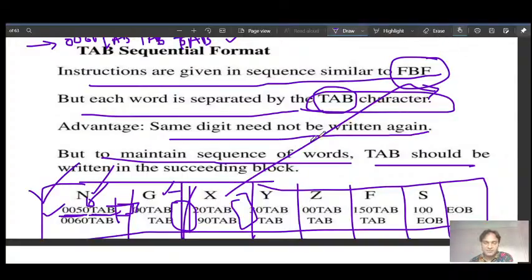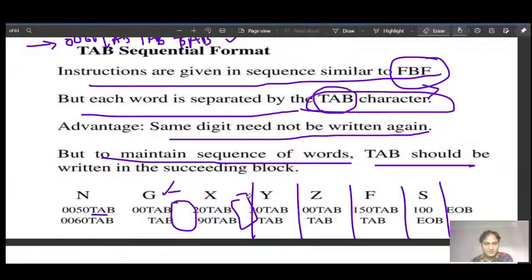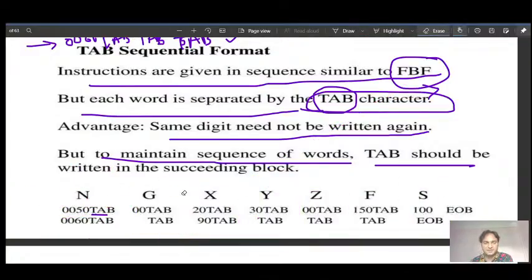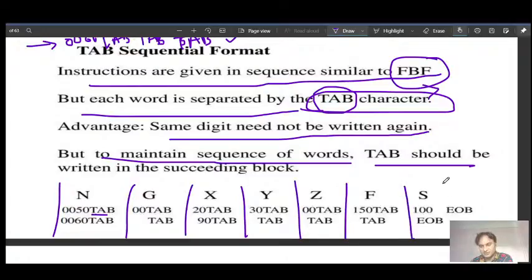The only thing is we need to maintain the position of the command, so the column value we need to maintain, because this will not run on the machine. Once we have this, we will punch it, and after the punch card, the program is prepared and that will run on the machine.